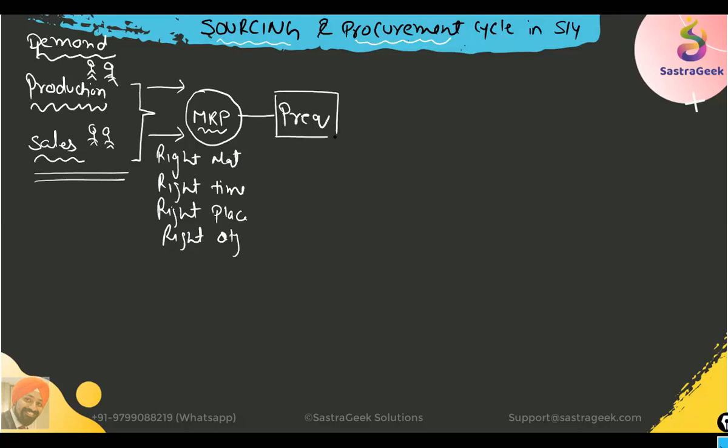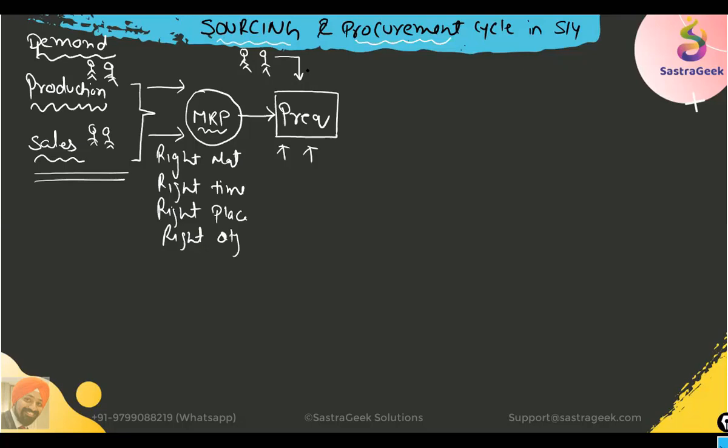This is the first document on our procurement side, which is required to initiate the procurement process. If we ask what the demand or requirement for procurement is, this is the demand for procurement. The procurement process starts from here, from the purchase requisition. In this process, MRP is generating a purchase requisition, but we can have other processes also where people can directly request the material. That would be a direct purchase requisition created manually.